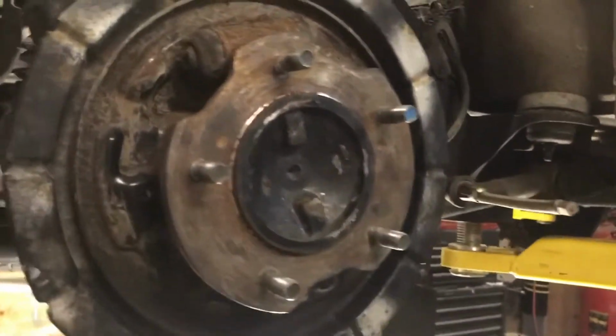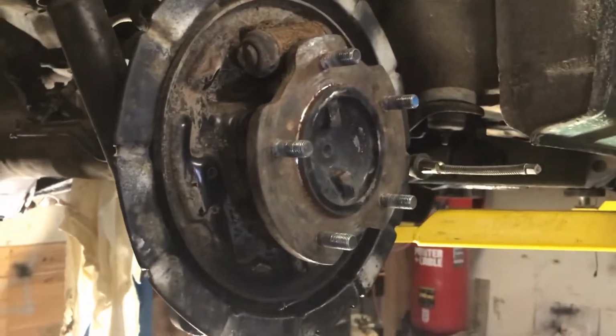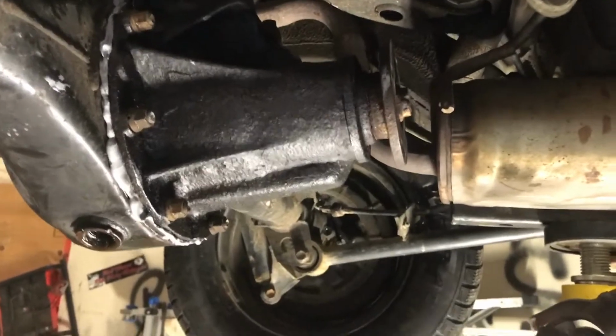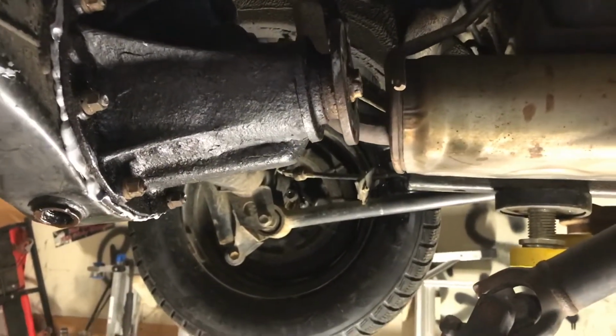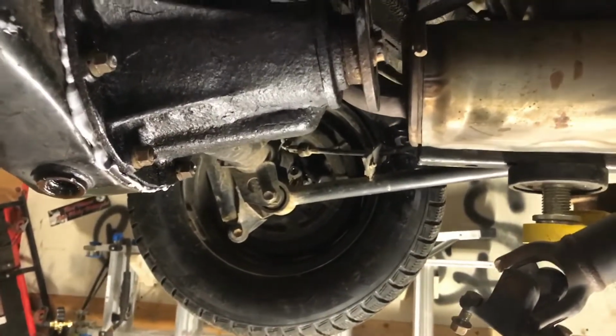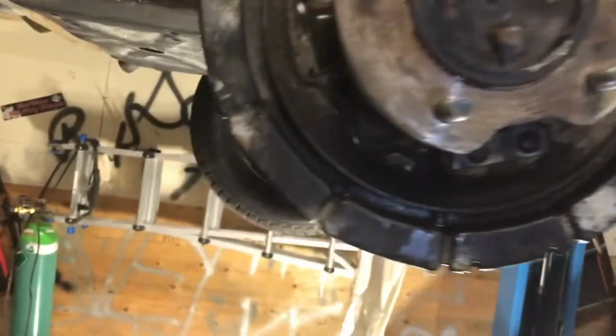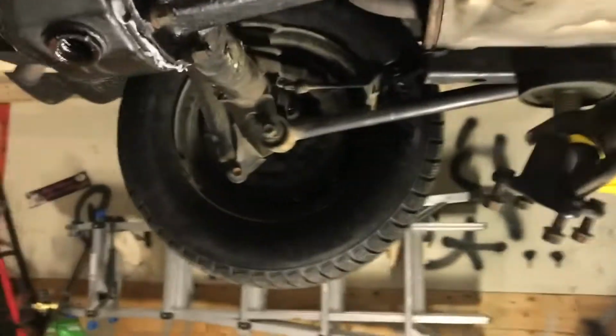Just doing a really quick video before I put everything back together on swapping out the third member on a 1998 Chevy Tracker, also known as Suzuki Sidekick. I meant to do this earlier, but most of it's back together now. Anyway, it's pretty straightforward. First thing you have to do, in order to get the third member out right here,